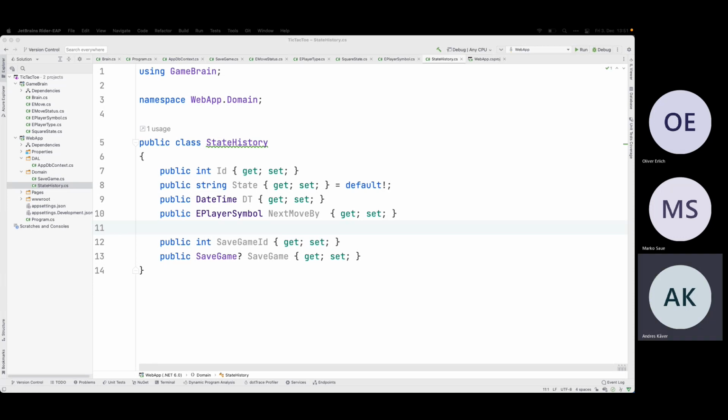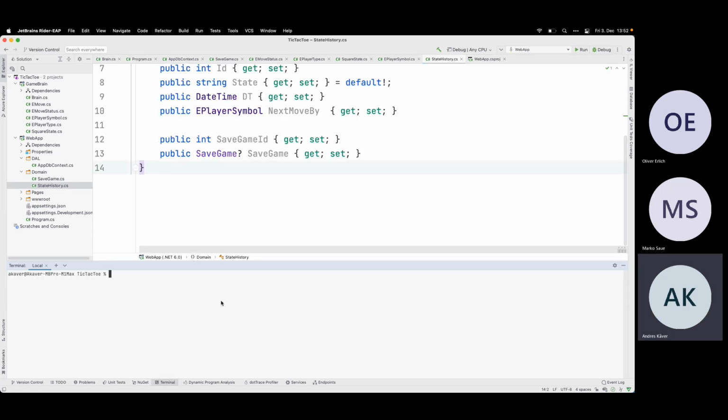Did you do it in the XM demonstration last time, I think? Yep, there is README. So now I can create my database. Let's hope.